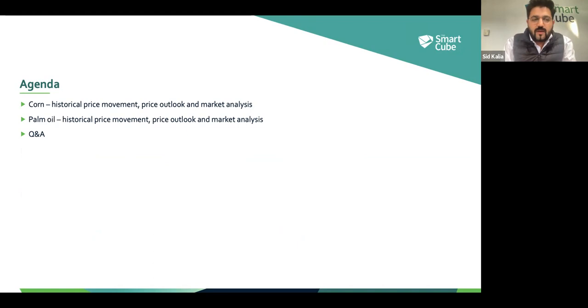Today's agenda: we're going to cover corn first. We're going to talk about the multiple cost drivers. We first focus on how prices have fared recently. We're then going to talk about the supply and demand factors impacting prices, as well as inventory levels, and then focus on where prices might be heading in the future. Here, we've used a multi-linear regression modeling technique to forecast corn prices for the coming 12